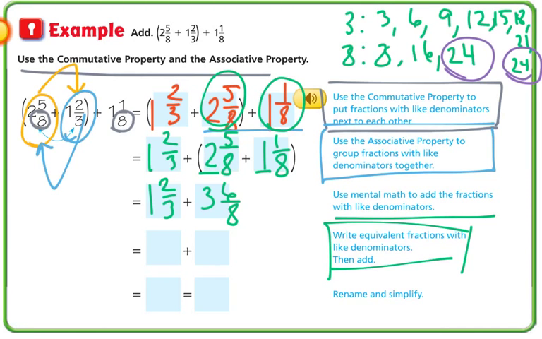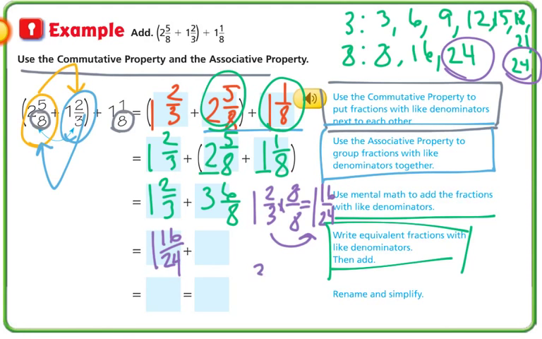So we're going to rewrite both fractions with 24 in the denominator. So we have 1 and 2/3 times what number would give us 24 in the denominator, and we know that would be 8. So we multiply the top by 8, so then we get the answer of 1 and 16/24. And then we do the next. We take 3 and 6/8, and we say, well, what do we multiply the 8 by to get 24 in the denominator? And we know that we multiply 8 by 3. We must do the same to the numerator, and then we have